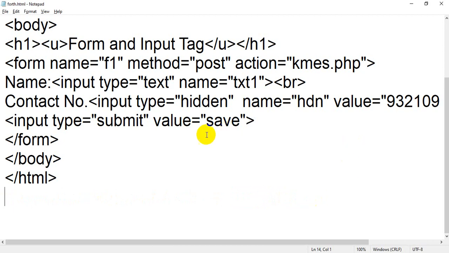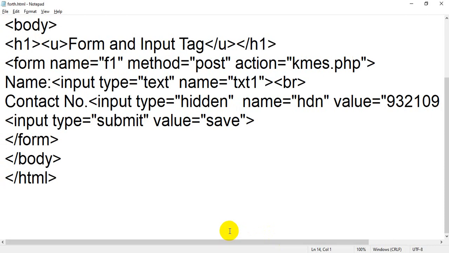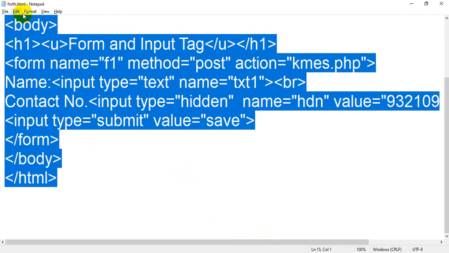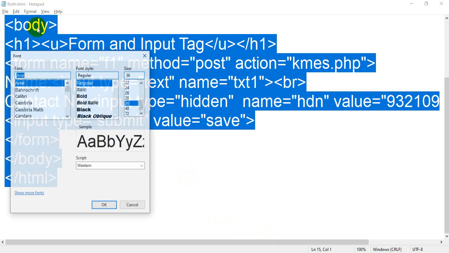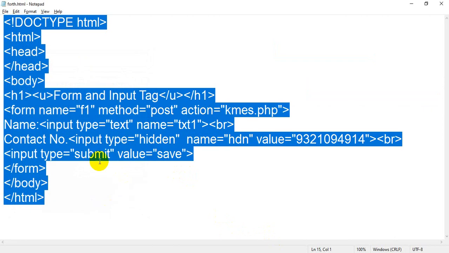Okay, now the next thing which I am going to discuss with you is input type equal to color. Let me decrease the size. Okay, save this file.